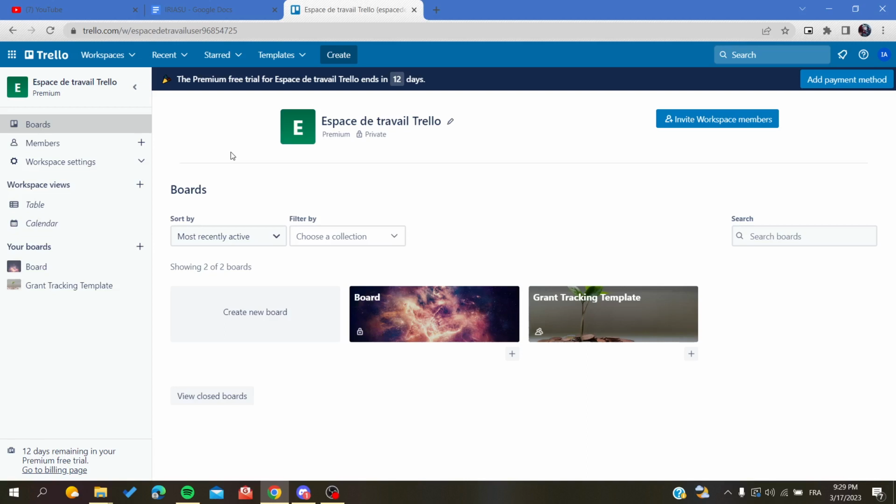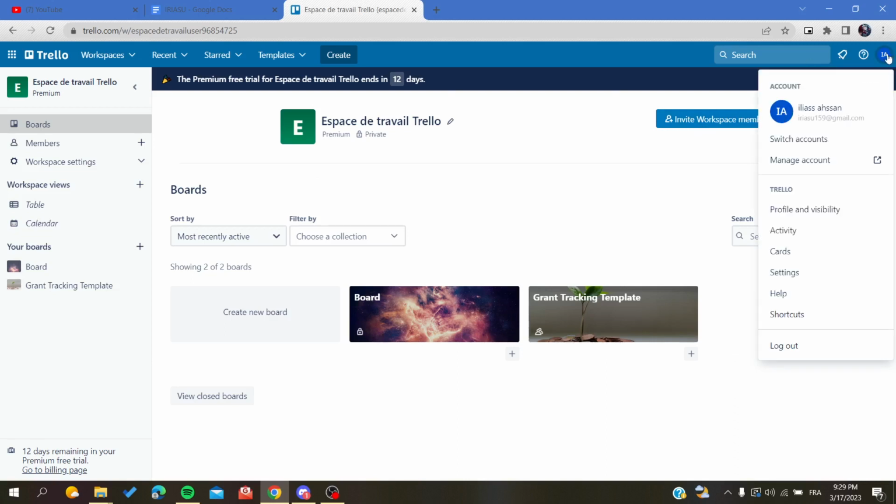So after you successfully log into your Trello web application, you will need just to follow these simple steps. So the first thing that I'm doing now is to go to our profile picture to reach our account settings. So we are going to click on the profile picture and then we are going to click on manage accounts,